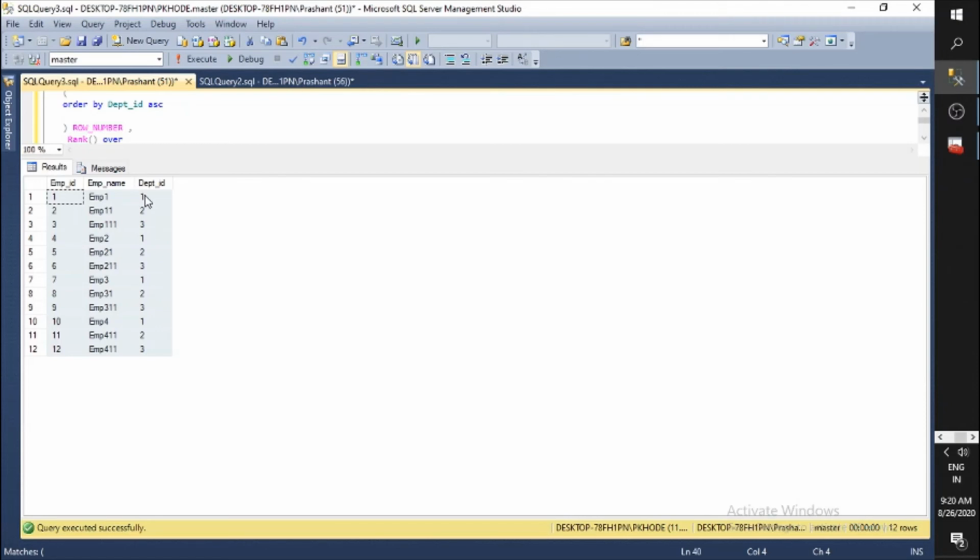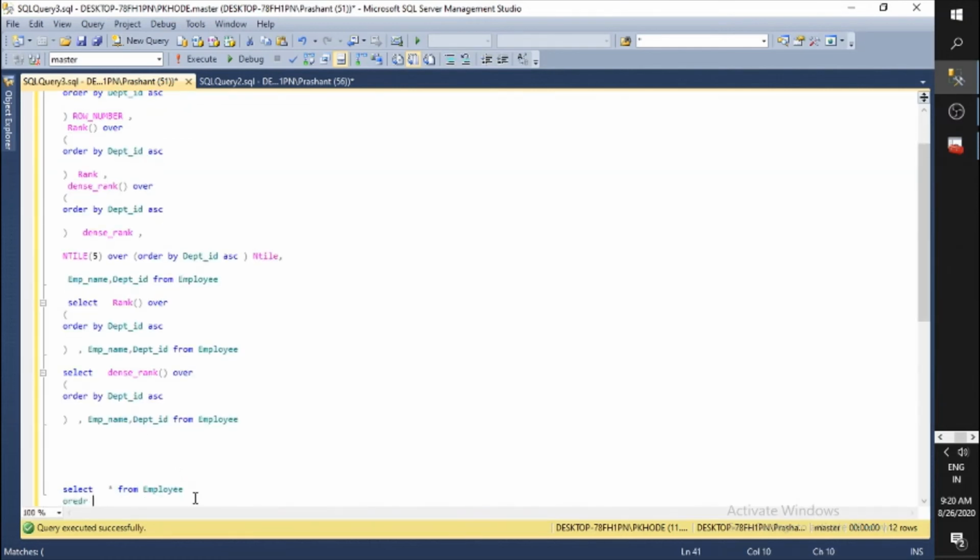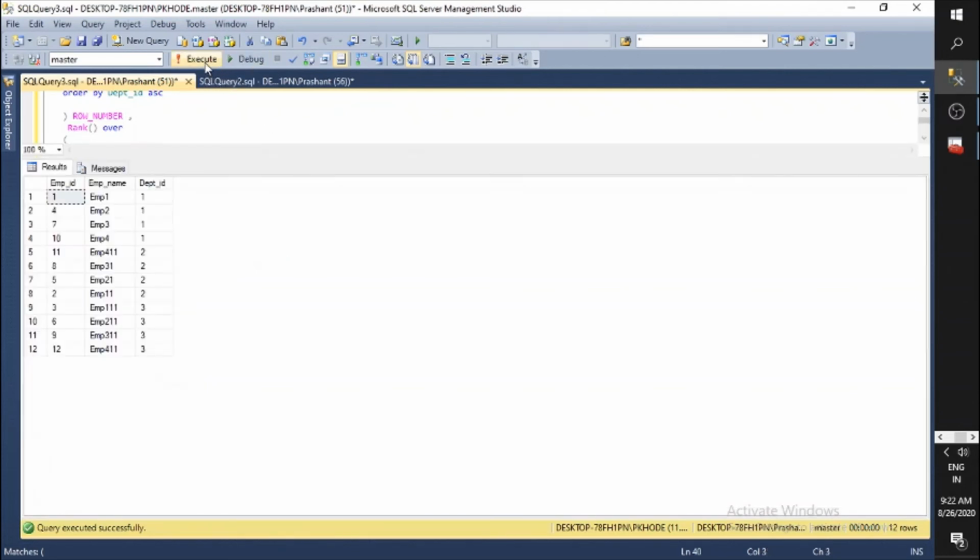for each department in the dataset. So what does it mean? Let's say I am specifying department ID, for example, and I'm going to do order by here. Let's see the data. Now you can see each department has 4 employees, right?